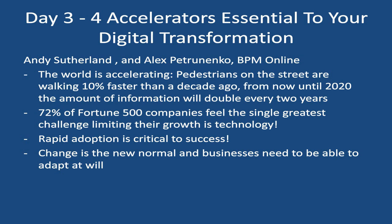72% of Fortune 500 companies feel the single greatest challenge limiting their growth is technology, which is very, very surprising considering how much technology abounds us. Rapid adoption is critical to success and change is the new normal, and businesses need to be able to adapt